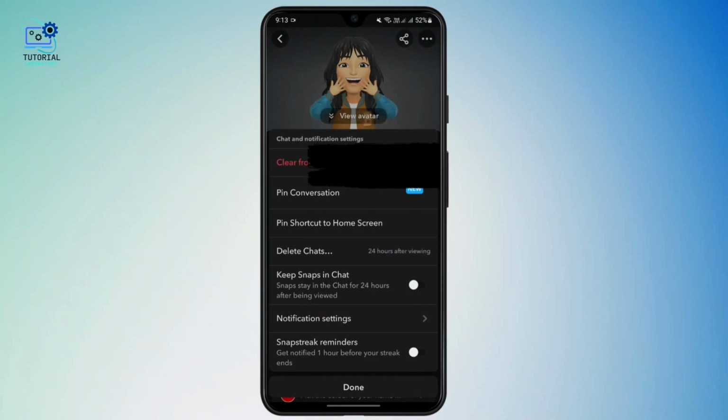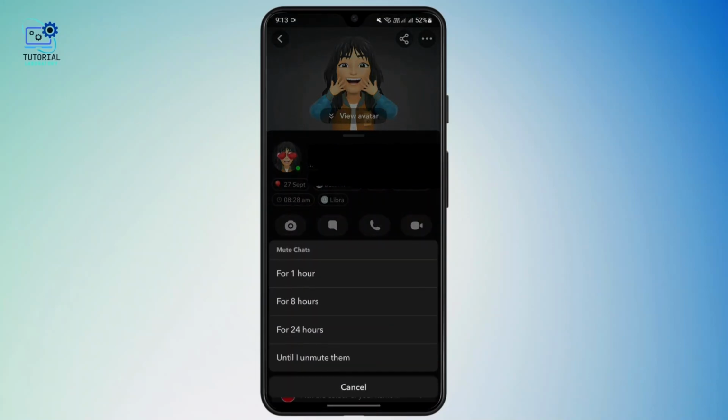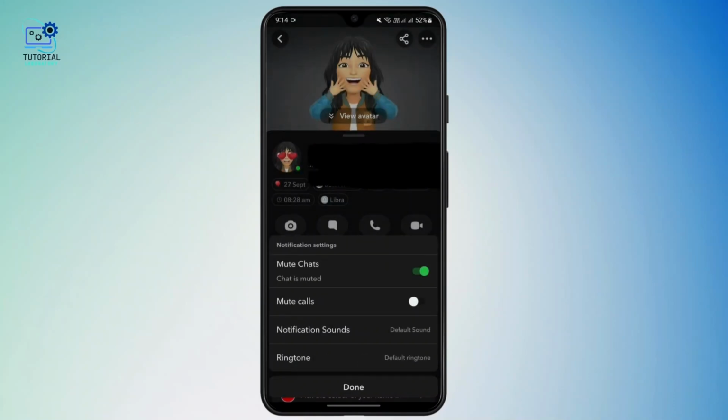Just tap on it and you'll get the option of muting chats, muting calls. You can mute them for however long you want, for 1 hour, 8 hours, or 24 hours, or forever. So tap on that option and then you can mute that person, and even if that person sends